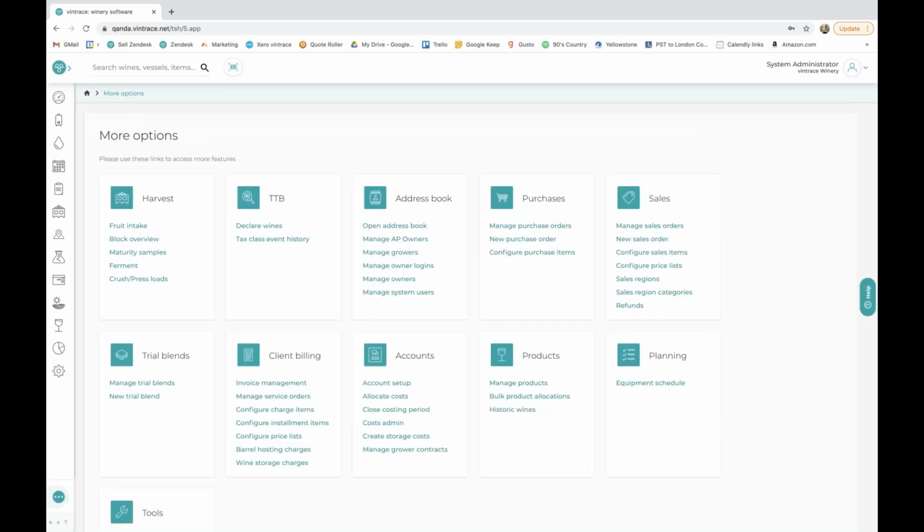All right, so that is the address book. If you do not have the inventory module, that means you will not have this little inventory box. If it is something you are interested in, please email sales@vintrace. You can also email me, hillary@vintrace.com, to see about adding that inventory module. If you do not have the inventory module, what you will do to bottle your wine